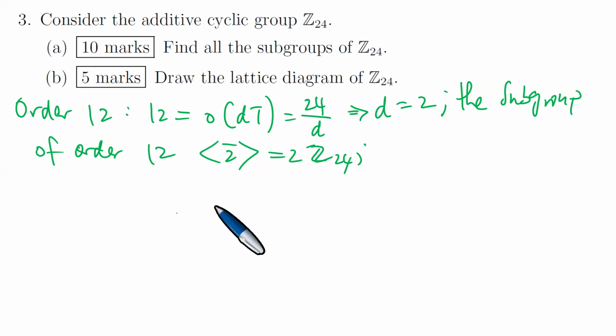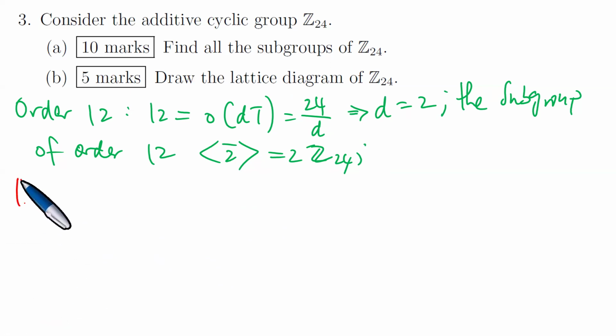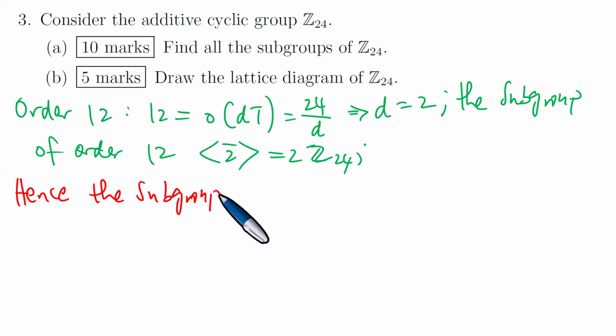Find all subgroups of Z24, and thus you can write them in red here. Hence the subgroups of Z24, counted, there must be 8 of them, are as follows. They are,